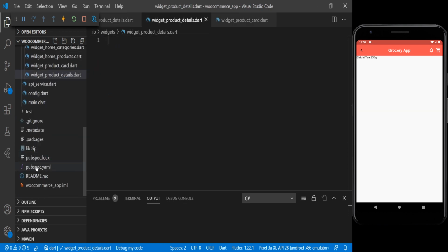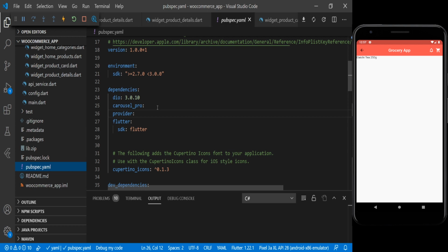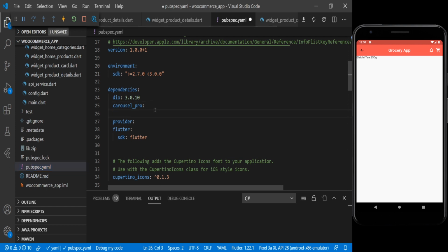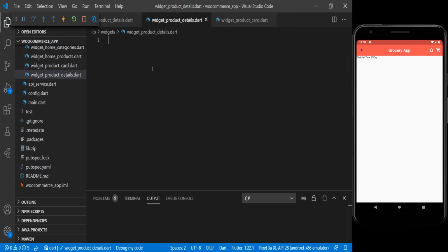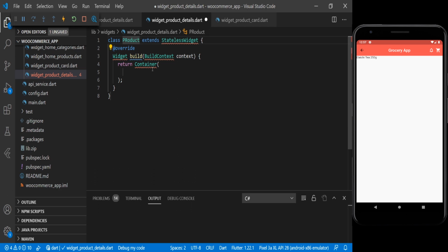Before that we have to add one new package for the images and all, and we will use carousel_slider. This package we will use for displaying the images of the product with previous and next buttons, and we will make it a stateless widget, and we will name it ProductDetailWidget.